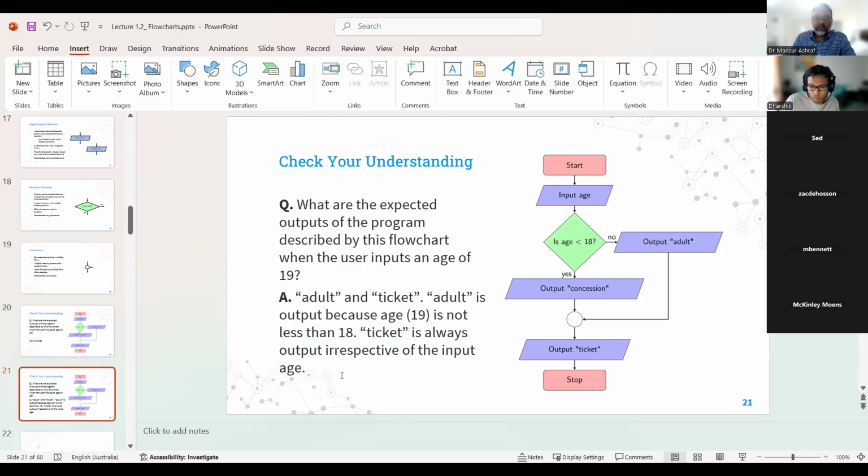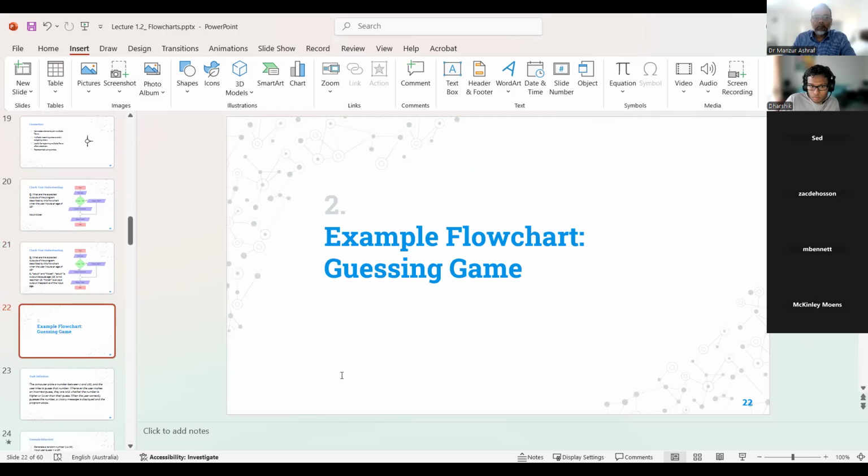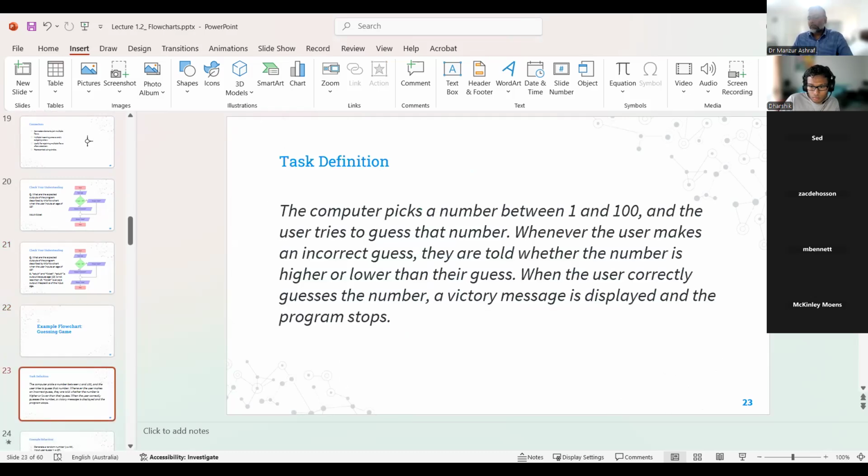So yeah, that is actually explained here. Another one, slightly different. I'm not saying difficult, but all are actually easy, right? So the computer picks a number between 1 and 100, and the user tries to guess that number. Whenever the user makes an incorrect guess,